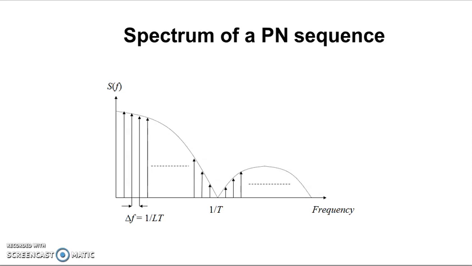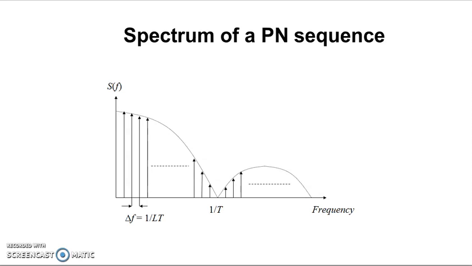Now if you see the spectrum of a PN sequence, it consists of an envelope with a sharp shape that changes with respect to the period 1/T. The first null appears in the spectrum at 1/T, which is the code rate, or the clock frequency. The period T of a PN bit is called a chip.